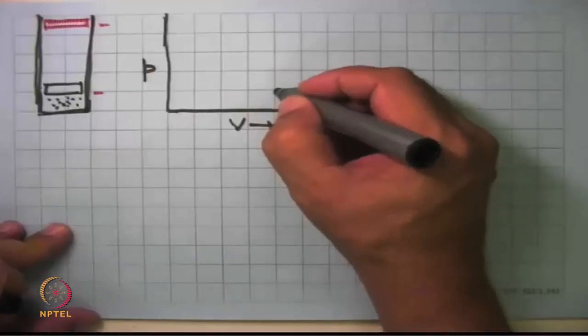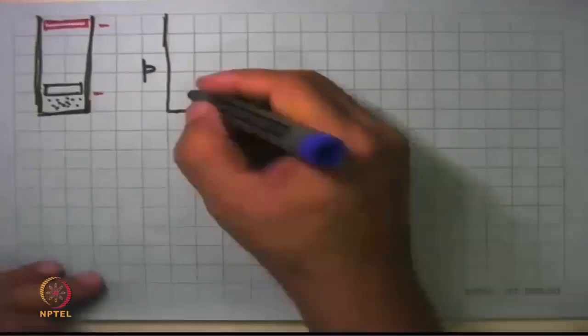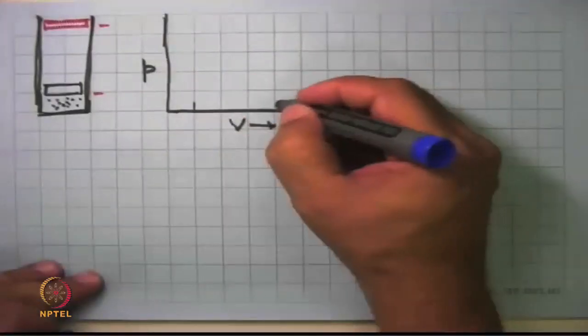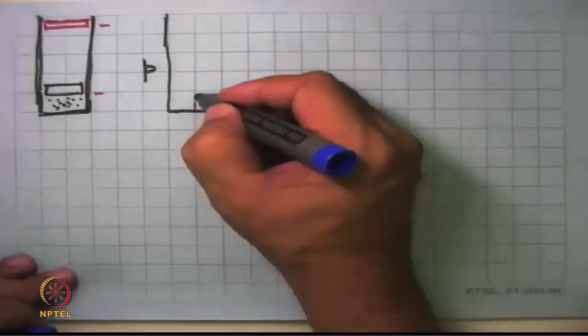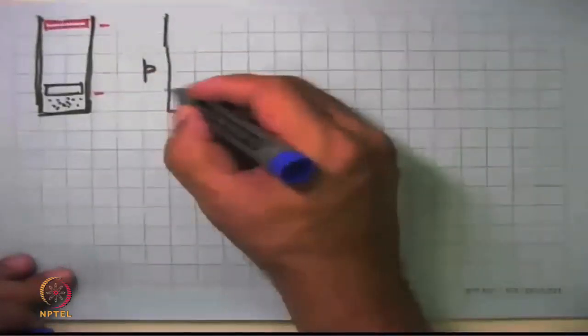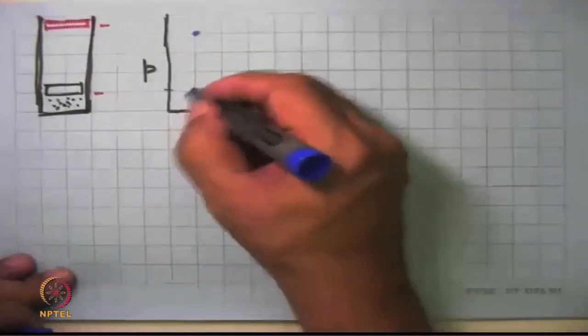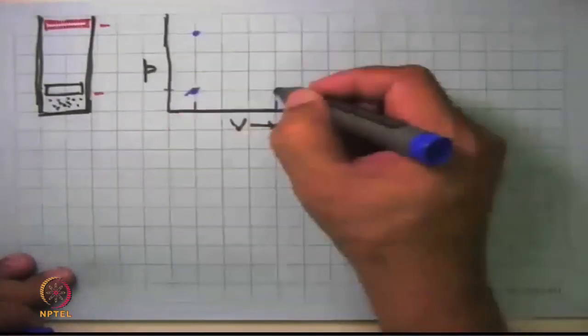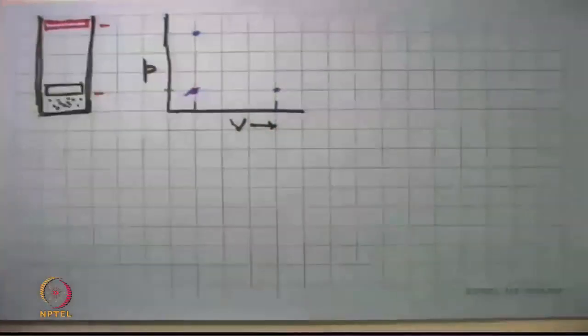So initial volume is here, the final volume is here, and you can say that the initial pressure is here. So this is the initial state, it's a higher pressure, and somewhere there will be the final state. So when we let it go like this suddenly,